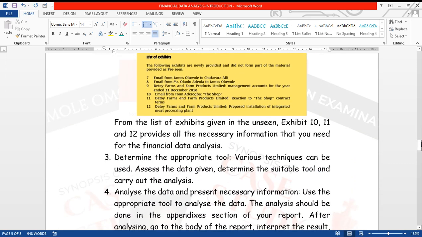I'm just giving you tips as per how the sequence of ICAN exams have been, so that in case you find you are lost, in case you are a bit confused, at least these tips would help you to find yourself. But please, like I said, don't cram it. Keep an open mind. Understand these things. When you understand them, even if they scatter it, put it in the unseen, the brief, anywhere they put it, you would be able to identify it and do all the needful and all that's necessary, right?